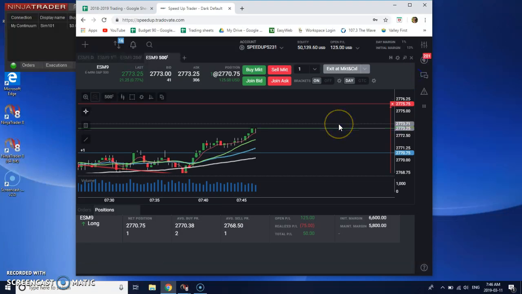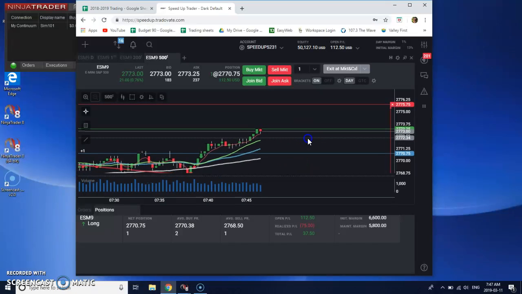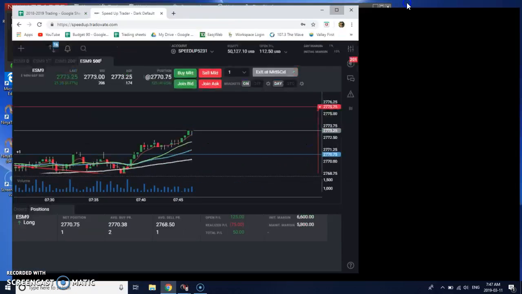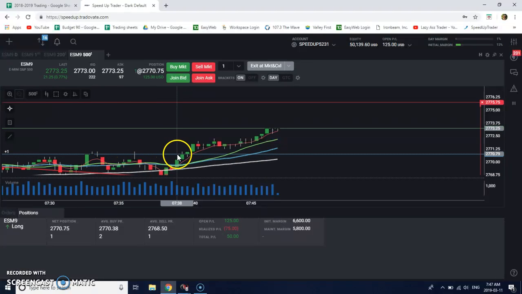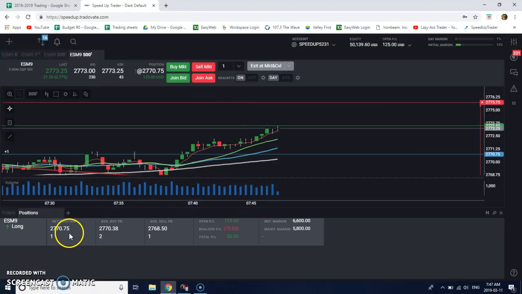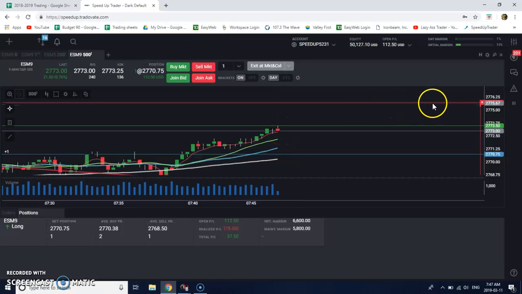Okay, I had to wait for the other video to load up, but basically I got back in long once it broke this plane here of resistance. So I'm sitting right now with an entry at 70 3/4. I want to see it up in the 75, because that starts to represent the